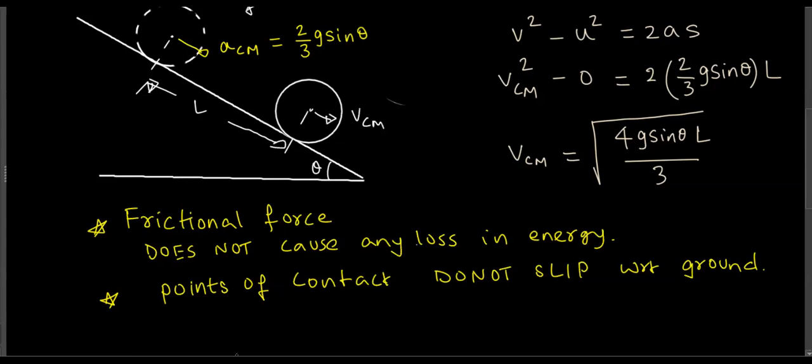Is it the same case in the previous things that we discussed as well? Yeah. In the previous case, when it was slipping, the friction does negative work. But on a horizontal ground, once the disc starts rolling without slipping, if you recall, the friction force itself stops acting. Here friction force is required on an inclined plane. But the good thing is it does not lead to any loss in energy.